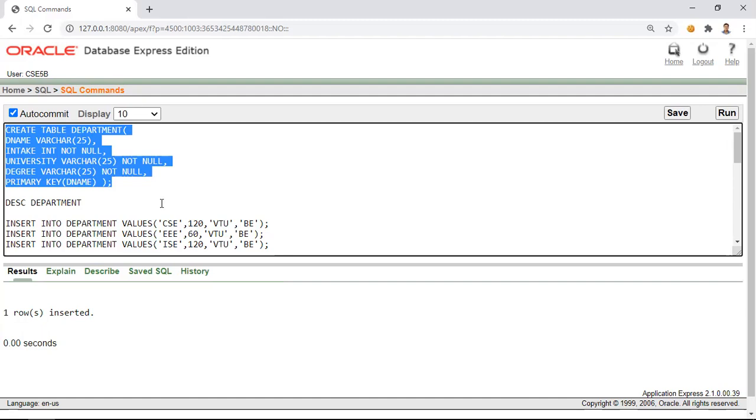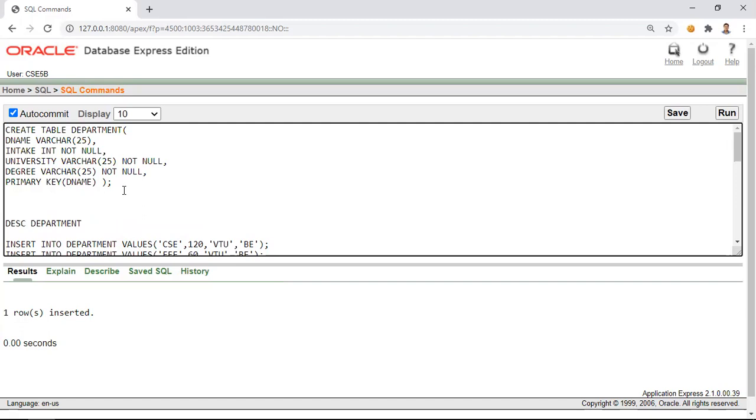We need not delete the table, but without deleting the table also we can change its structure, and that command is the alter command. Okay, this alter command in itself is a large topic, so we'll study the entire alter command in one class. Once we study this alter command, we need not delete the table every time we make modifications.